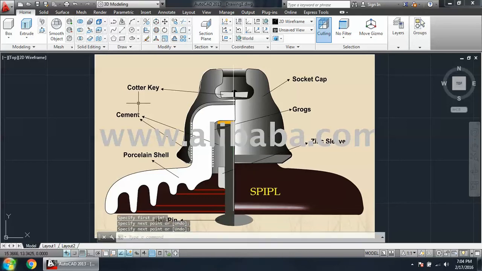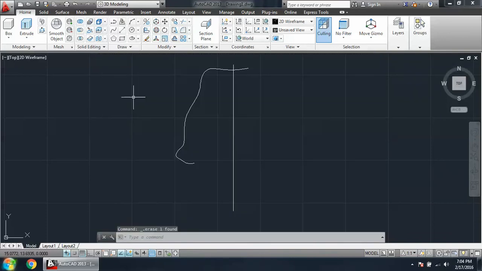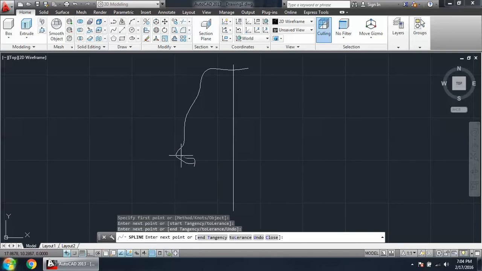We enter it, and then we select the image. We will delete it. So yes, this is how it is developed. And then we continue with the spline command, because we have to make the cross section. So we continue from here, and then we go on like this,